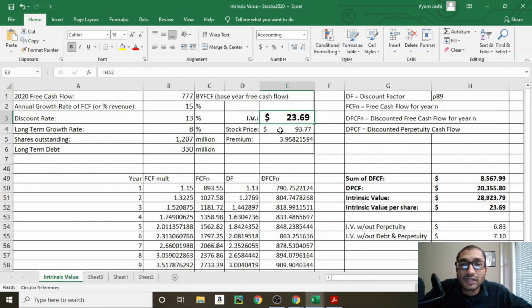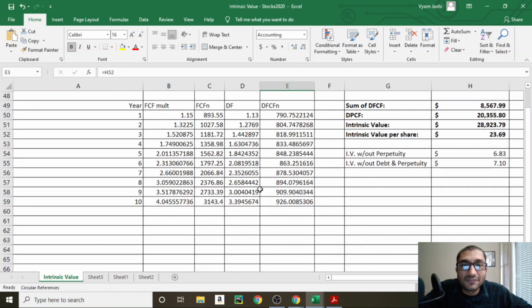When we compare this to the current stock price of about $93.77 per share, we can see that if we were to purchase the security at the current stock price, we would be paying a premium of about 4 times the intrinsic value. The way we derive this intrinsic value is we look at what the free cash flows would be every year for the next 10